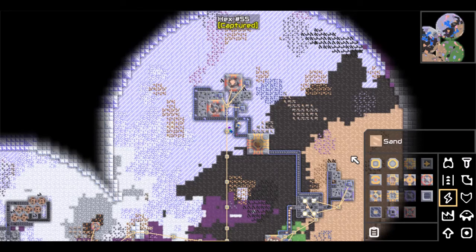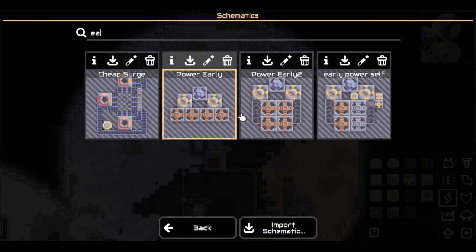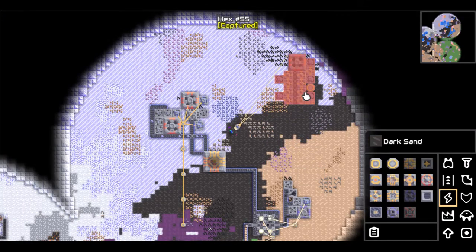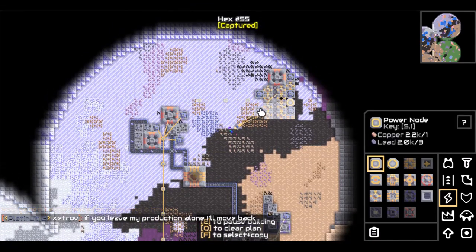Now we're definitely out of power though, so got to rectify that one first before we go any further. Let's not use the early power. That's so we can afford the bigger stuff. Still thinking about silicon though. I don't think